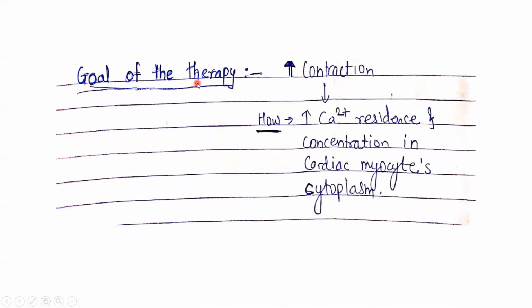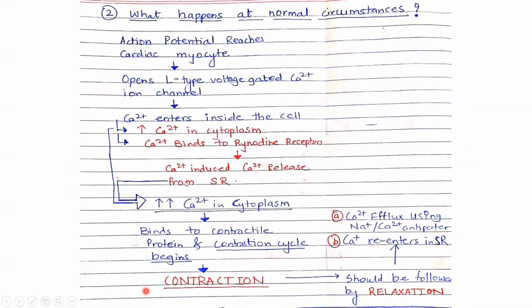Goal of our therapy will be now to increase the force of contraction or to prolong contraction, right? If I am able to enhance this particular phase, meaning if I am able to entrap calcium in cytoplasm for longer time, then I will be able to treat congestive heart failure here. Okay. So for that, these are the two areas which I can manipulate.